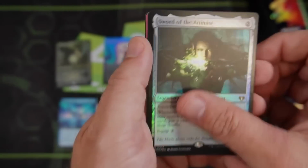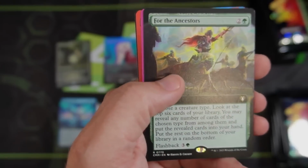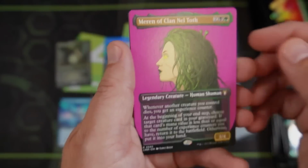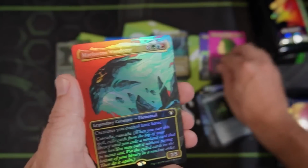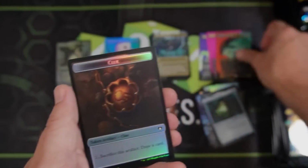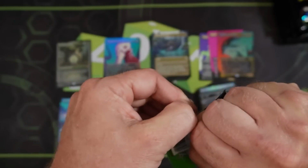The Sword of the Animist. Sure, we got one of the Sapphire. We got Medallion. That's nice. The Ancestors. Then we got Marin. All right. Hello, Marin. I mean, the full arts are kind of cool. Maelstrom Wanderer. And I'll move these ones over here. Maelstrom. That's like 2 in 1 pack. I mean, yeah, I realize I haven't gone through a lot of these yet, but if that's...